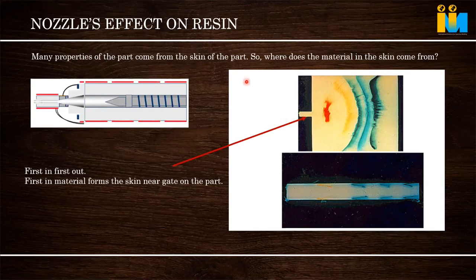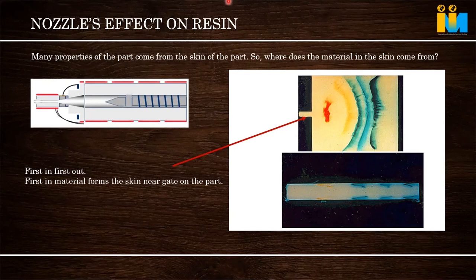Okay, when we inject through the sprue, runner and gate, first there is a material near the gate, then material next to the gate, then to the end of fill, like that it goes, to the end of the part. When we are injecting, first a certain amount of material enters through the gate into the part, then some more material enters, like that it goes. So the first entry material, can anybody tell where it goes?